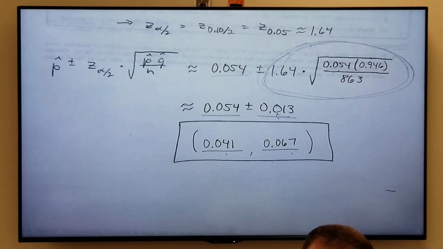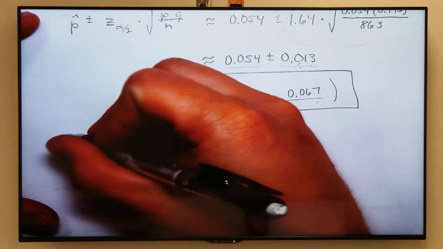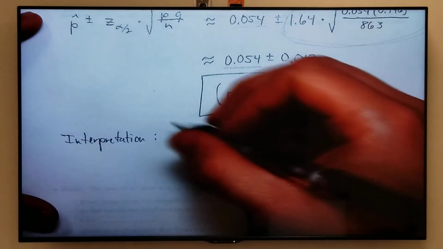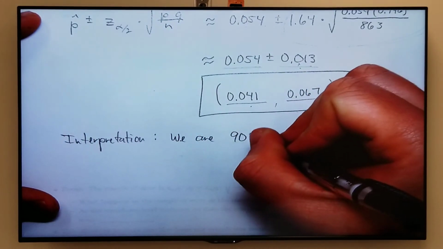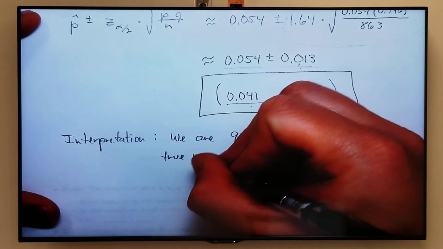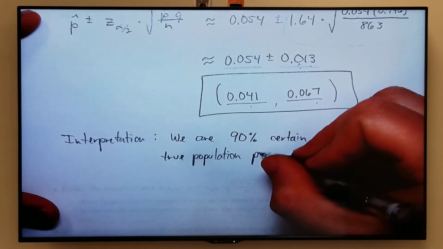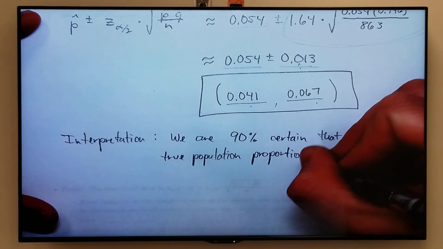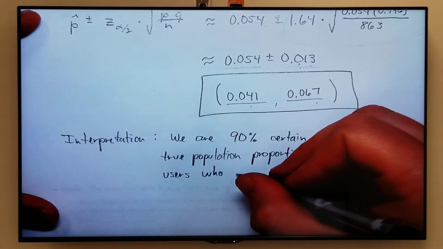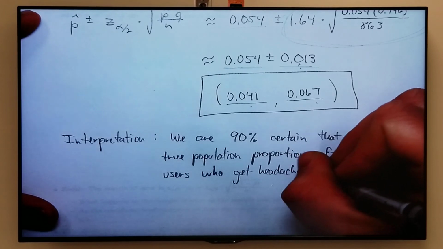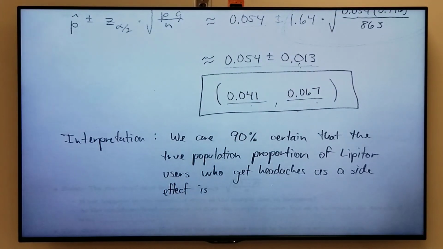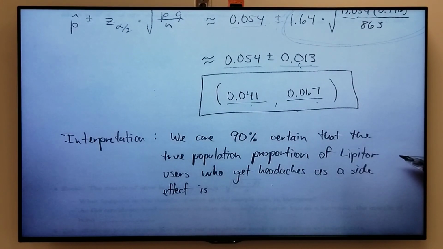So we should write down some version of that answer, I suppose, since we were asked to interpret the interval. So our interpretation would be something like this. We could say something like, we are 90% certain that the true population proportion of Lipitor users who get headaches as a side effect is